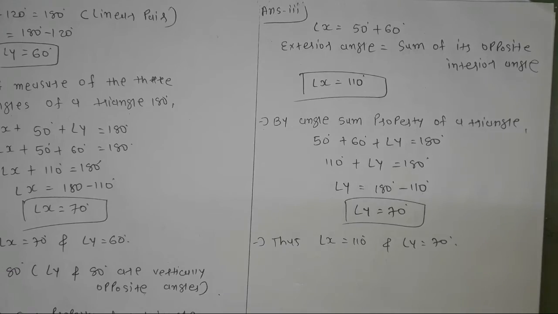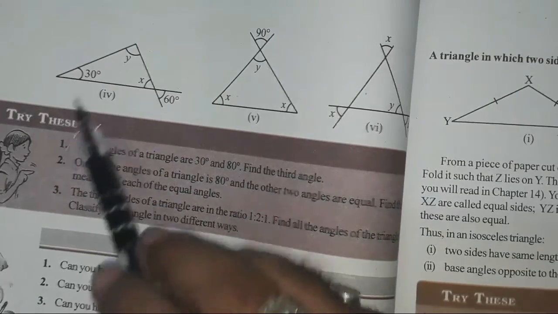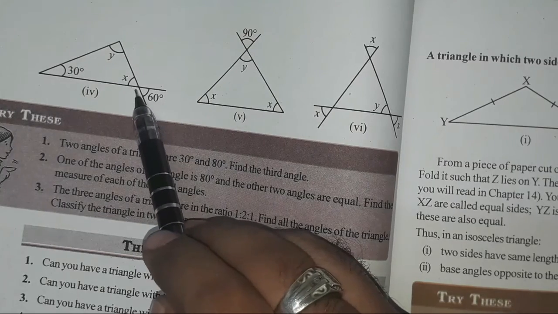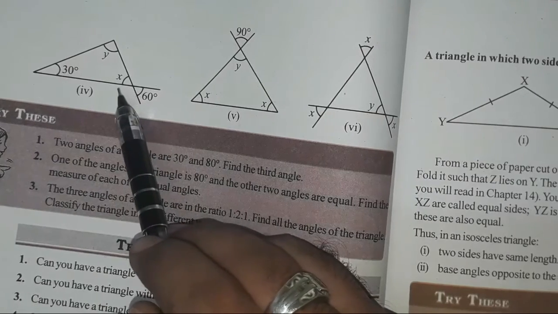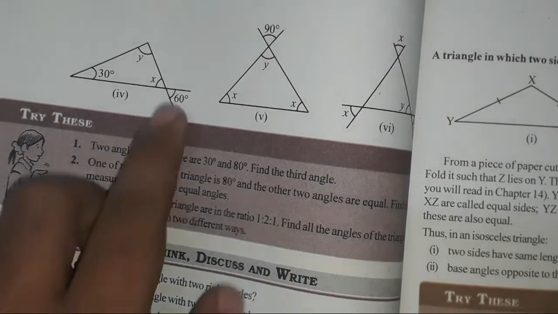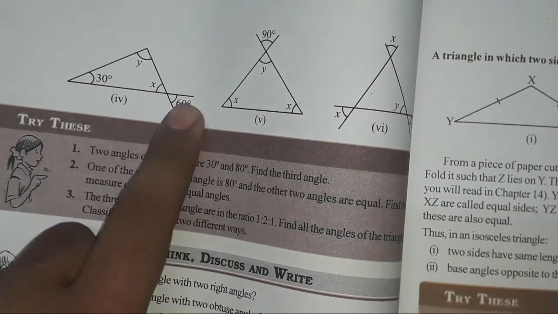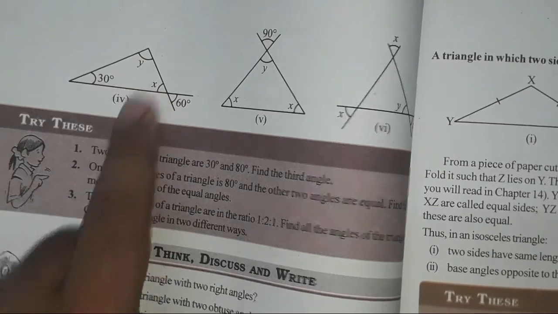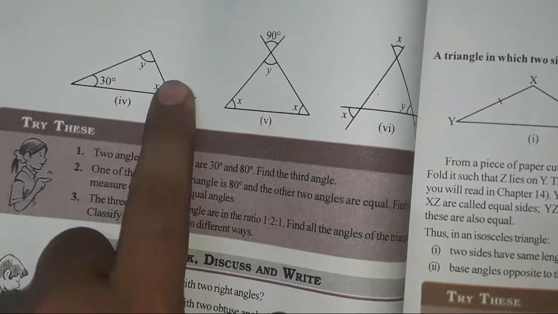Now the next one, in this fourth one, we have to find value of this angle y and x. Now here we can see these two lines are there which intersect each other at this common point. So here this vertically opposite angles pair is being formed. So when two lines intersect each other at a common point, its vertically opposite angles are equal. So here 60 degrees here and x is here. So vertically opposite angle to the 60 degrees angle x. So value of angle x will be equal to 60 degree,